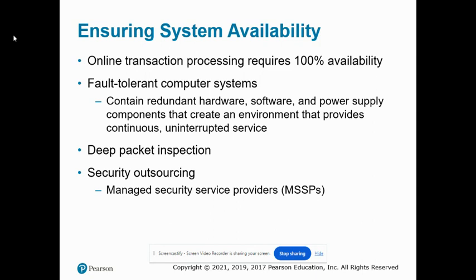Here we look at technologies and tools for ensuring system availability. Why do you think online transaction processing requires 100% availability? Note that firms with heavy e-commerce processing and firms that depend on digital networks for their internal operations require at minimum high availability computing, using tools such as backup servers, distribution of processing across multiple servers, high capacity storage, and good disaster recovery and business